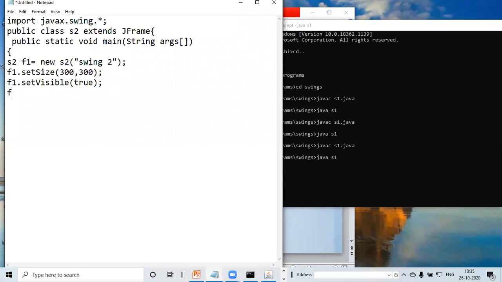And third is F1.setDefaultCloseOperation. Okay, so I have setDefaultCloseOperation. Sorry, we have the word close also here, close operation. And we will mention JFrame.EXIT_ON_CLOSE. Clear? So you can see over here